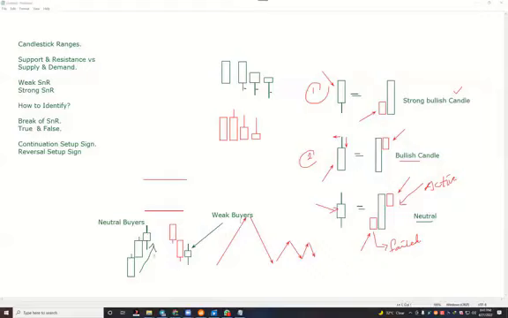Keep in mind this point, because sometimes so many people ask me, sir, as you told that if the green candle enters the market and the next candle is a spinning candle, then the next candle will be green, right? For example, if you found a green candle, then if you found a neutral candle, the next candle will move up. Where will it move up? When the trend is an uptrend. But if I say this candle will reverse, it means when the trend is in a downtrend,